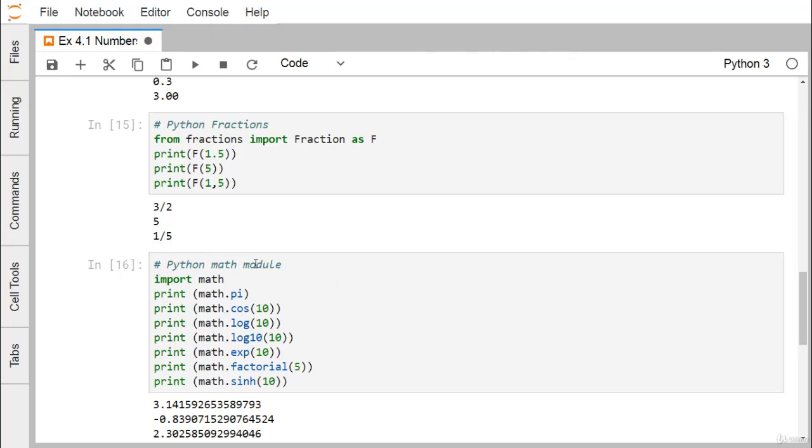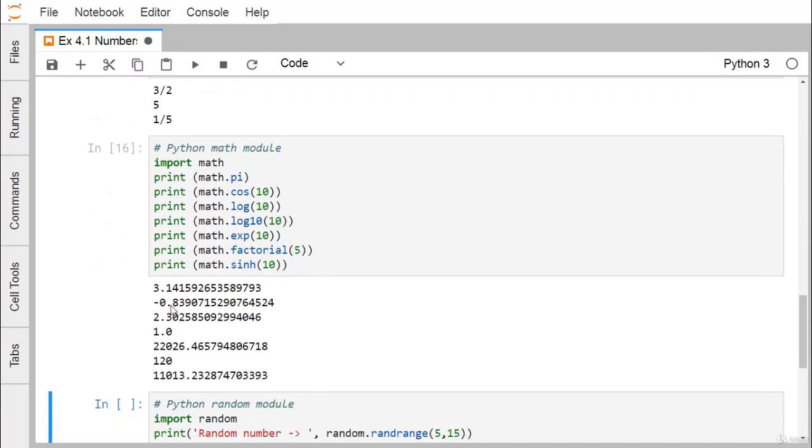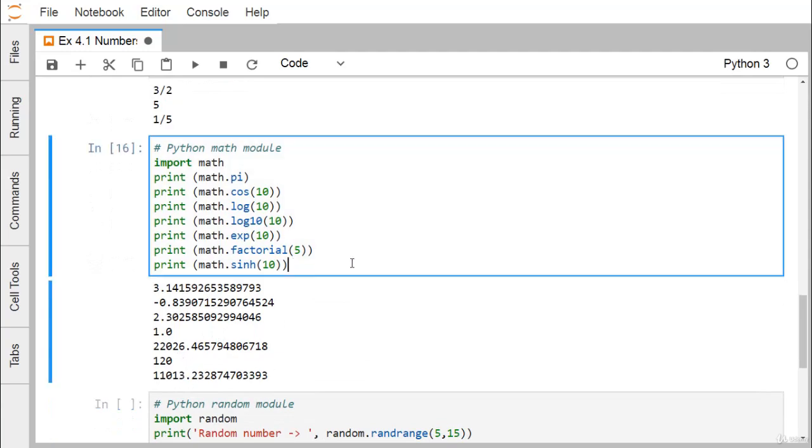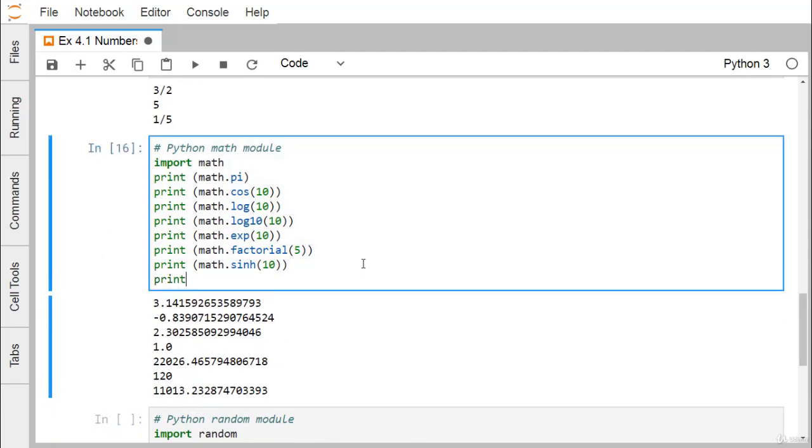So, the Python math module. We have imported math, and then we used multiple different functions available in the math module here: pi, cos, log, log of 10, exp, factorial, and sin. So here are the respective outputs we are getting. If we want to print the absolute value of, say, minus 12.34,